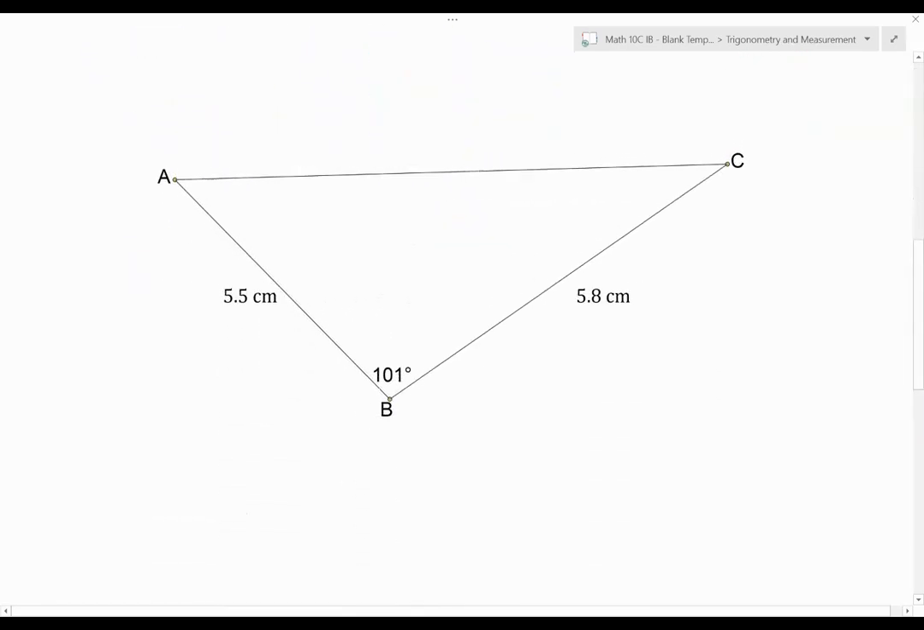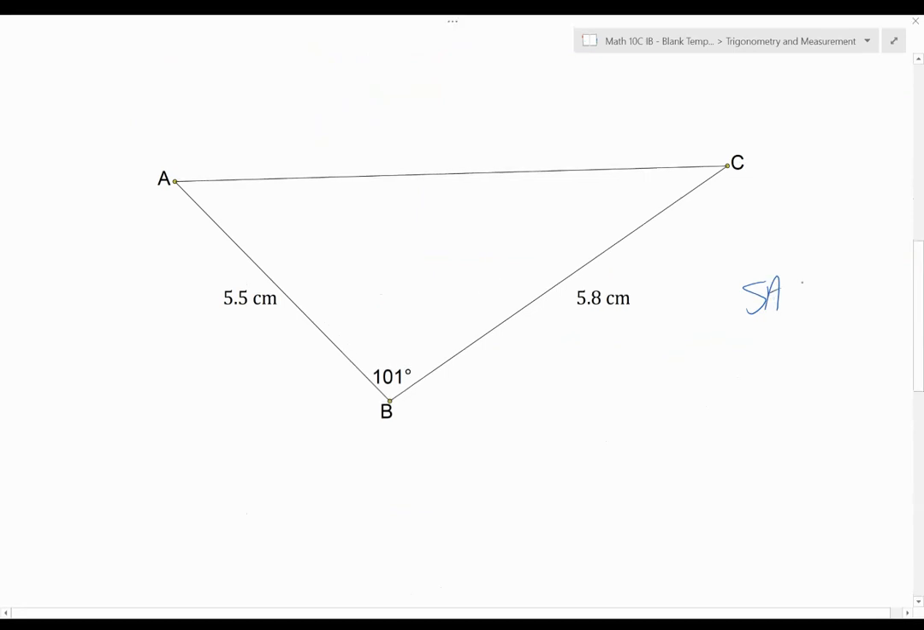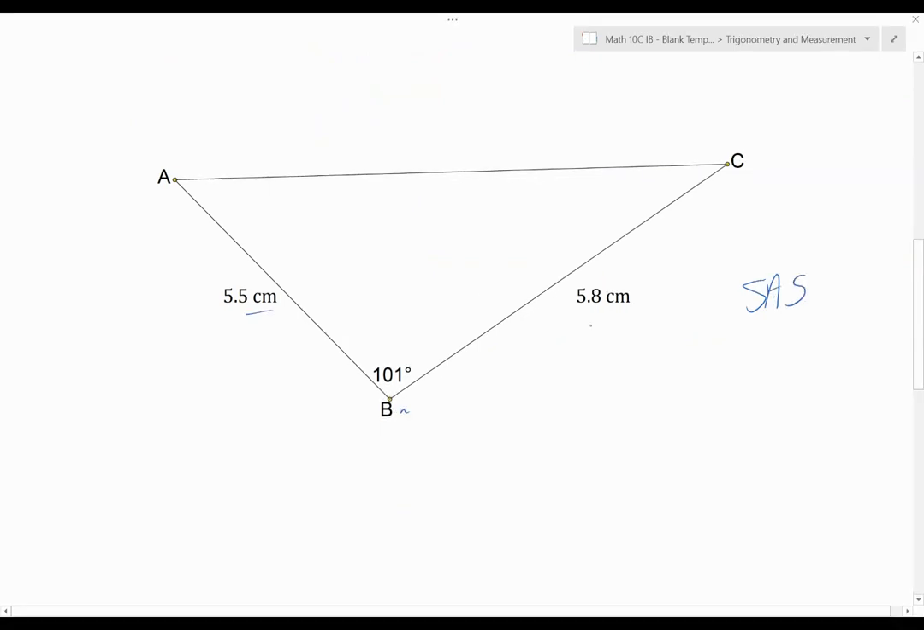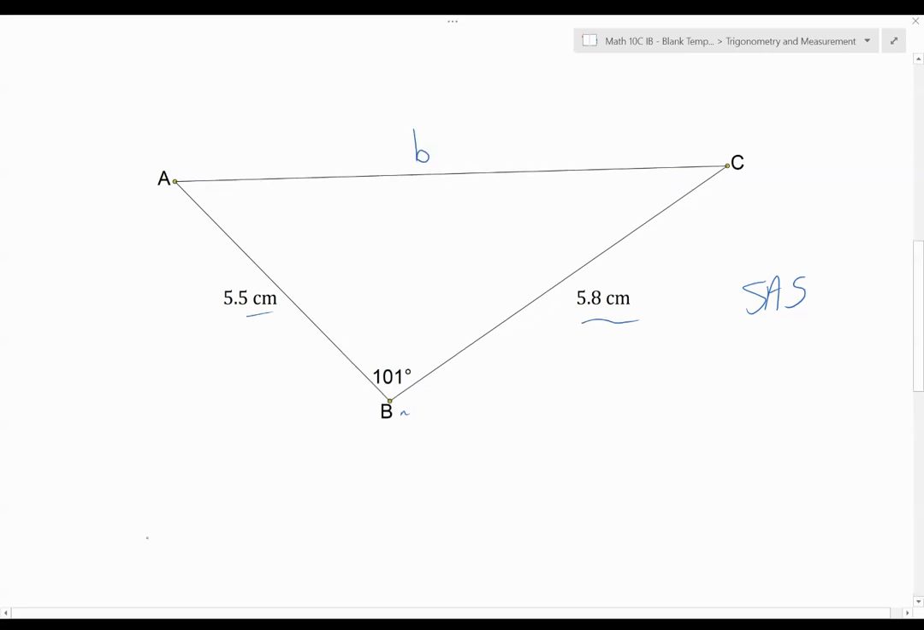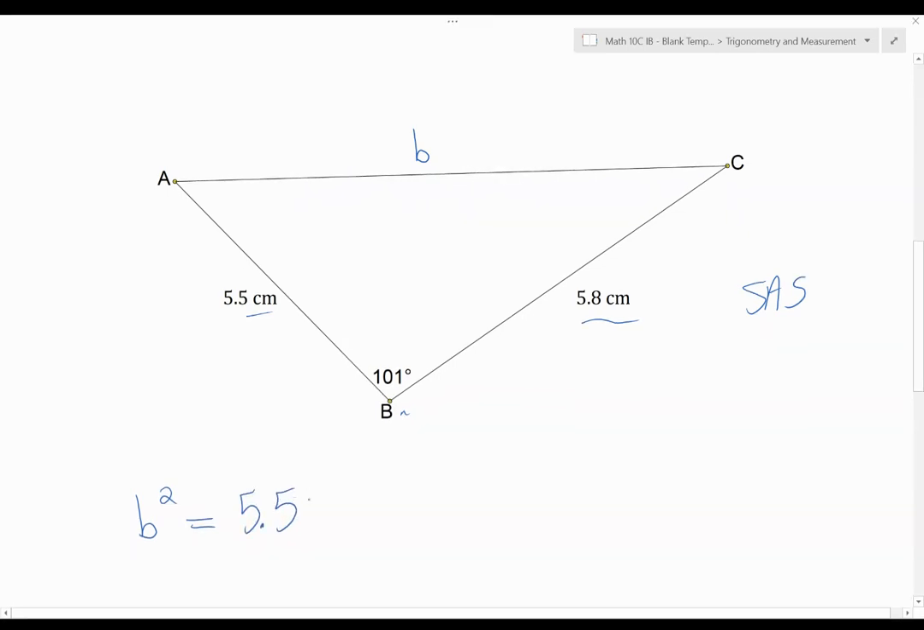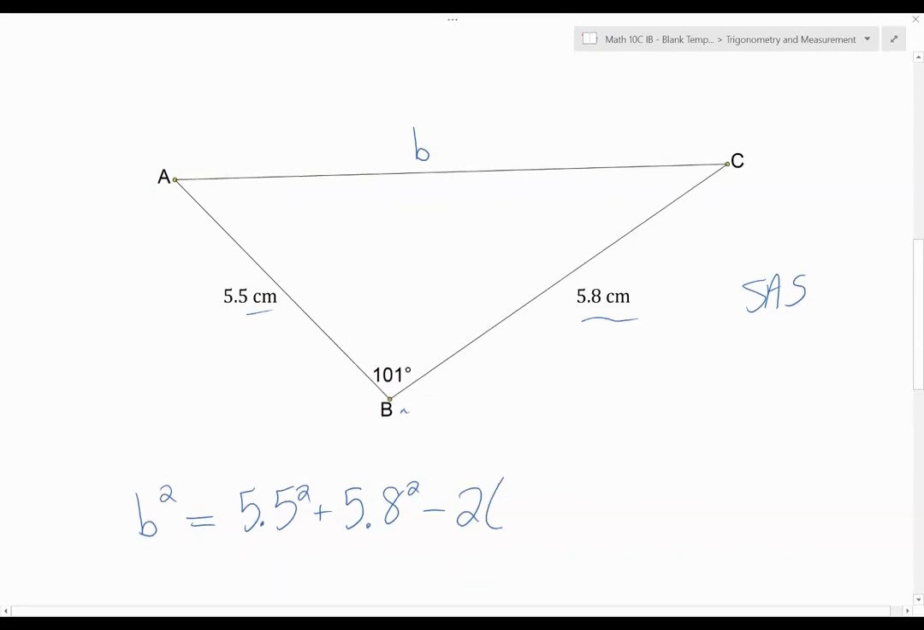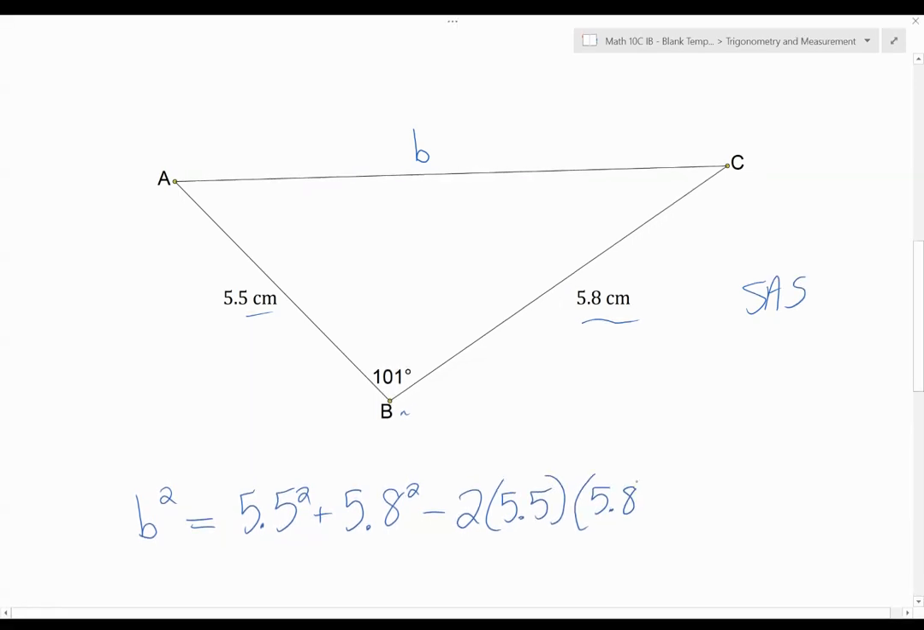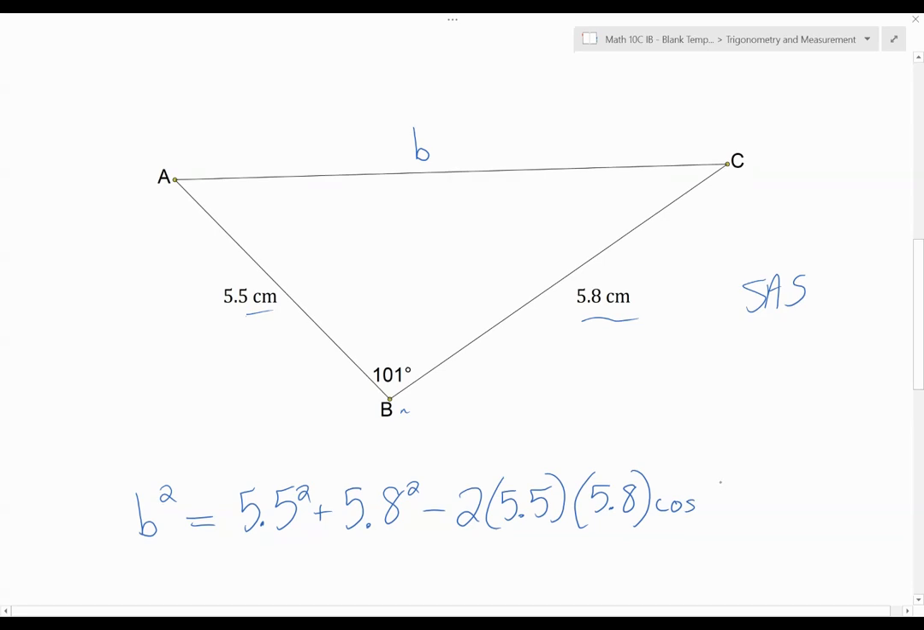So here we have a triangle where we have the SAS situation. I have a side, I have an angle, and then I have another side. The angle is between the two sides. So I'm going to start by finding side B. So B squared, that's the side. Well, B squared equals the sum of the squares of the other two sides. So 5.5 squared plus 5.8 squared minus 2 times these sides, 2 times 5.5 times 5.8 times the cosine of the angle B, which is 101